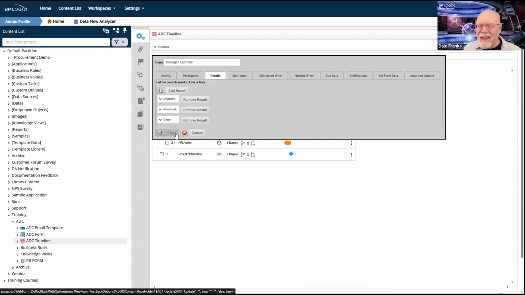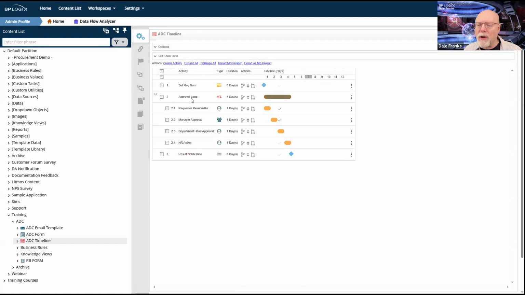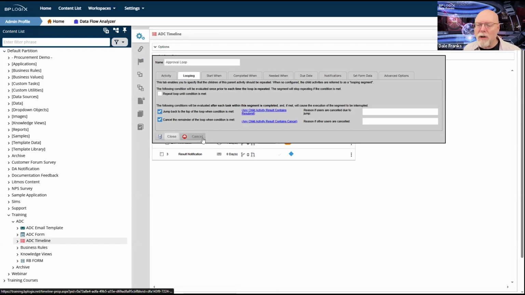So I'm going to need these three results. And of course, if we look at our approval loop again, just to look at our looping tab, any child activity result. Oh, I wrote any child activity result contains cancel. Well, that is a problem since I have the deny result.